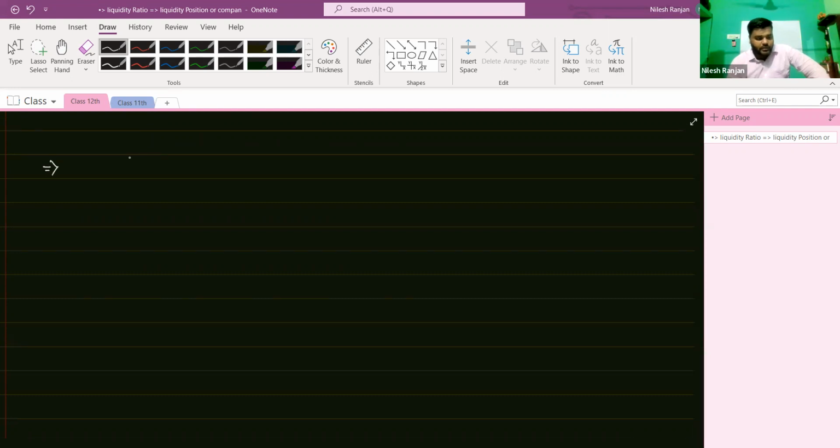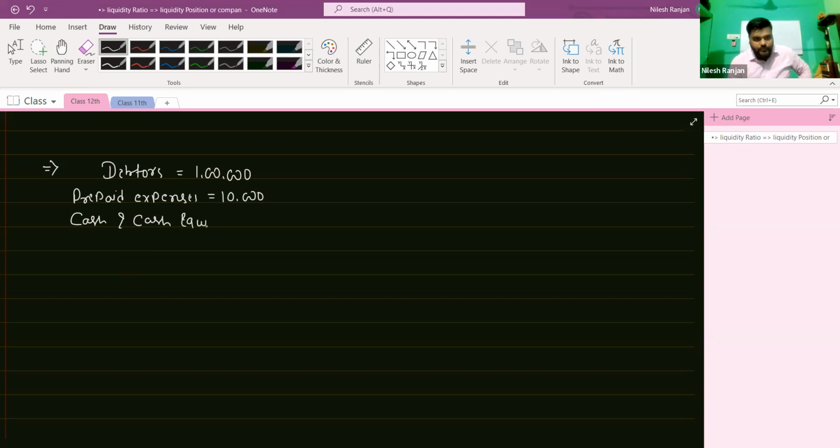Okay, so there are items given: debtors of rupees 1 lakh, and prepaid expenses, that is 10,000, and cash and cash equivalent, that is 50,000. Machinery is also given of 10,000,